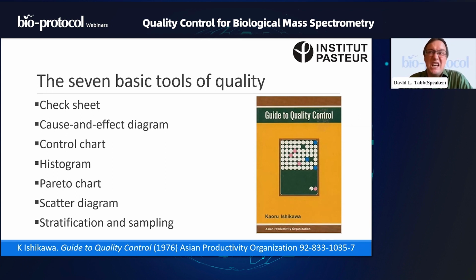After all, it was only, say, in the 1980s that people were doing their first experiments with tandem mass spectrometry for showing peptide sequences. But in fact, this book was transformative for lots of industries, and a whole lot of people who today call themselves quality control experts got some of their earliest training by reading this book. So I would really like to highlight Kaoru Ishikawa's far-reaching work, A Guide to Quality Control. And today we're going to talk about how it relates to making proteomics a much better quality controlled technology.